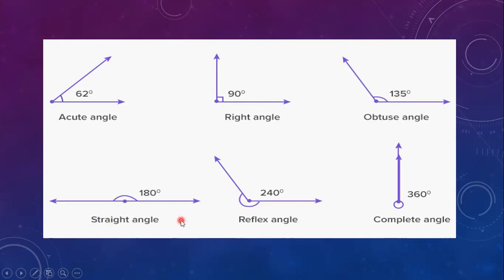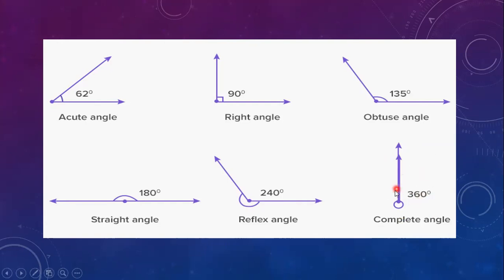Here you see a straight angle. In a straight line, if the point is here, then 180 degrees will form. So this is the example for a straight angle. Next you can say reflex angle. A reflex angle should be more than 180 degrees. Normally the angles will form here, but the reflex angle will form here. Why? Because this will be 360 degrees, so we have to use a protractor. Here 240 degrees, yes, this is the example of a reflex angle.